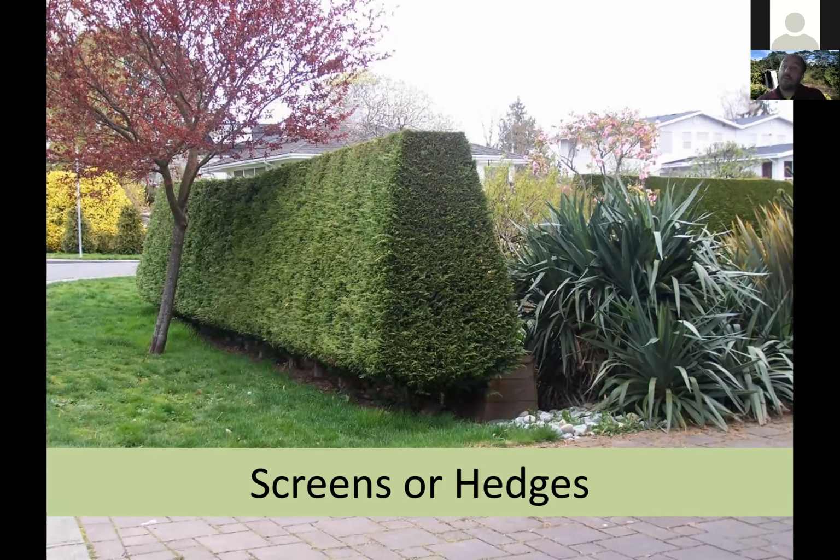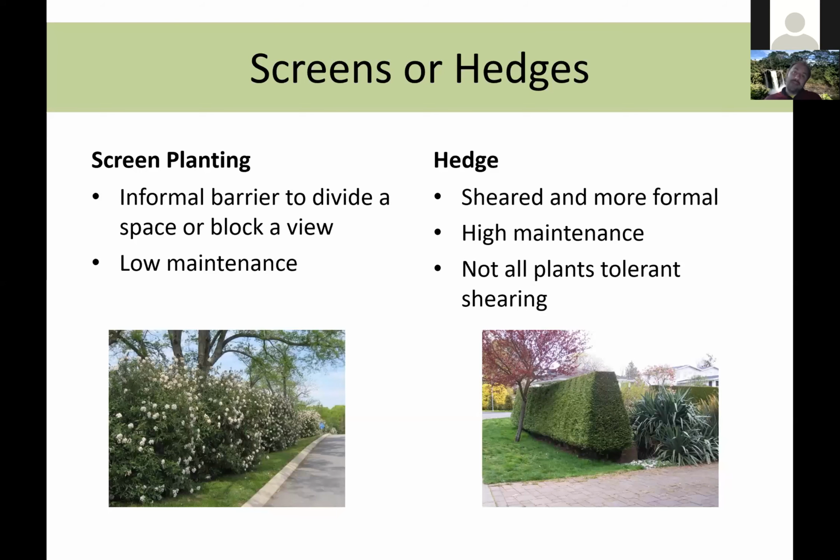Okay, so the other major type of shrubs are the barrier shrubs, the screens or hedges. So again, this is not Colorado. Arborvitae don't look like that here, but screens and hedges are different things, and we manage them very differently. A screen planting is something that's informal, like those viburnums I had earlier. It's used to divide a space, block a view, and it's very low maintenance. I always think of Ohio and the Midwest when I think of screen plantings. A lot of people who don't have fences in their backyards just have shrub rows that divide their backyards. And those would be screen plantings. They're generally more natural looking and very low maintenance.